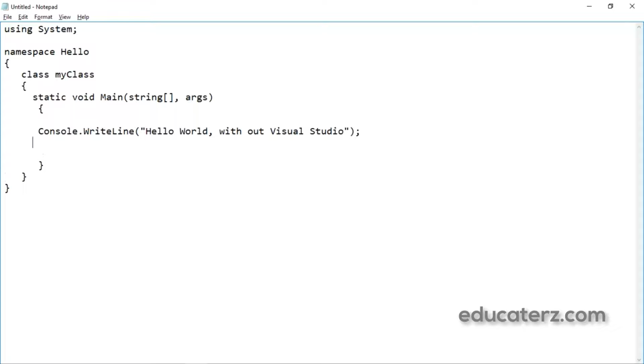And then to make the console wait for our keyboard press, we'll be using ReadKey, so that we can see the output. If we don't have this line, we cannot see the output.